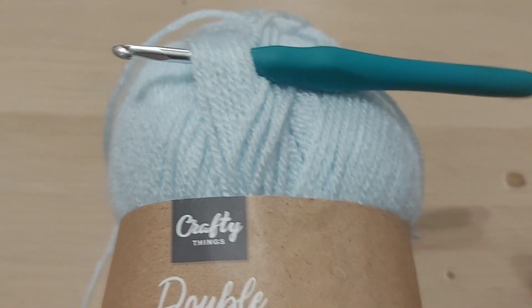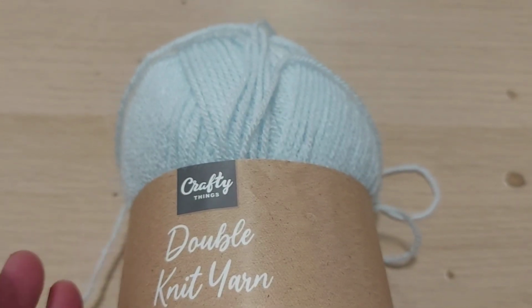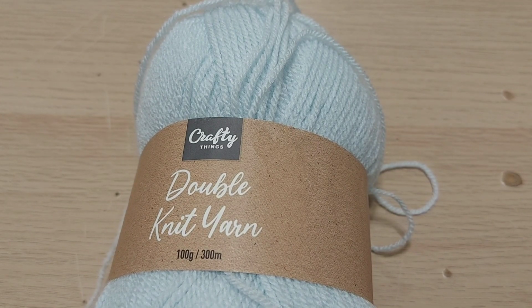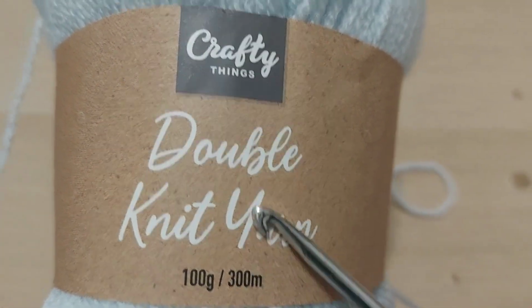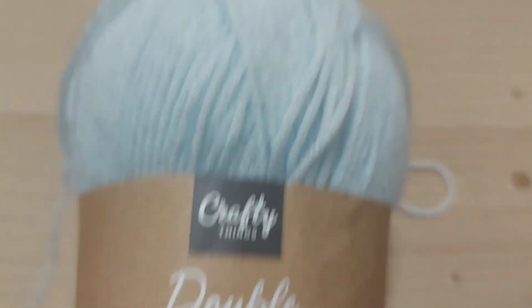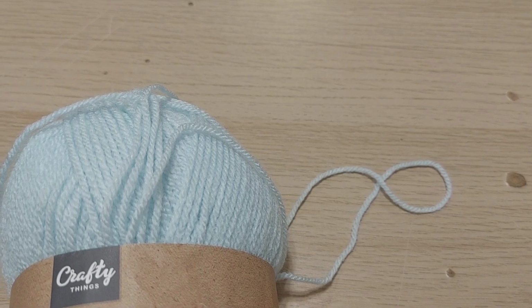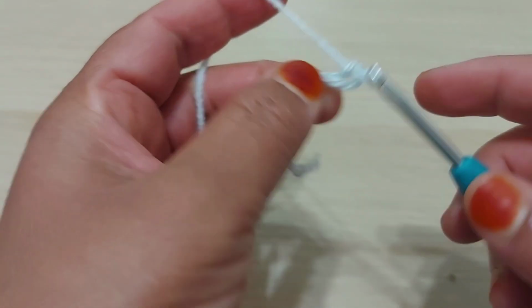Today I'm gonna show you a very beautiful pattern. You can make so many things with it, scarf, full set for baby, lots of things you can make with the pattern. It's easy. So today I want to show you. I'm gonna use this yarn. Usually I'm using this yarn. This yarn is double knitting yarn. So I'm gonna make